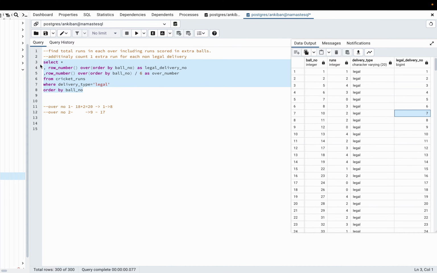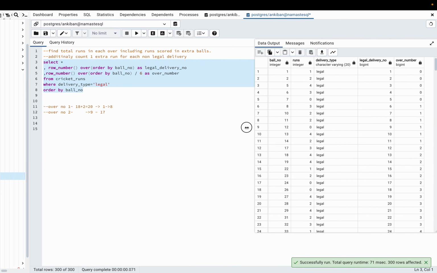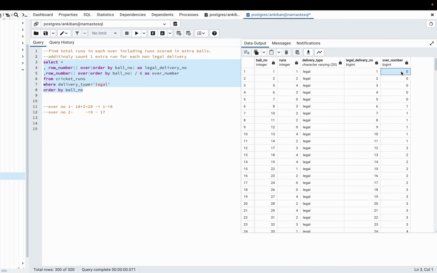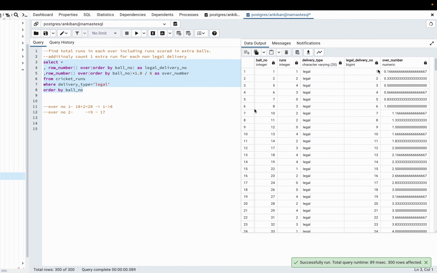If I run this, over number is coming as 0, because integer divided by integer is 0. So I will multiply it by 1.0 so that I get the decimal values. If you see, till ball number 6 it is 1, then this is 1 point something, till 12 it is 2.